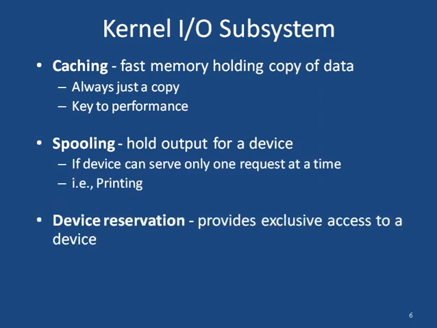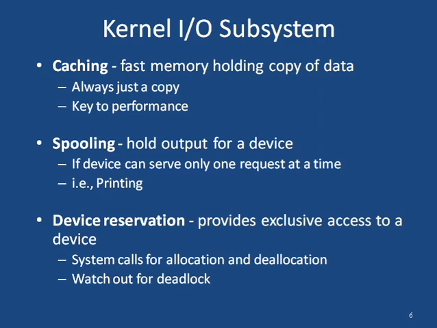And the next one is device reservation. Device reservation means there are so many processes coming to the kernel IO subsystem for holding a particular device. Maybe the device is dedicated for a particular process, or the device can be shareable to different processes. So the kernel IO subsystem sends a system call to reserve a particular device. After the completion of the work, it again generates a system call for releasing that particular device.